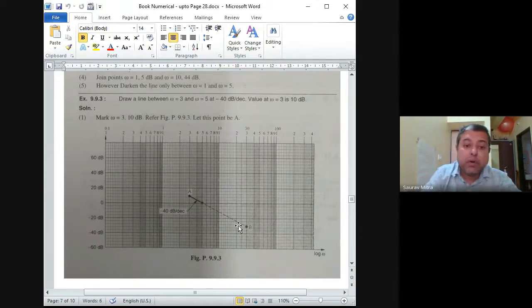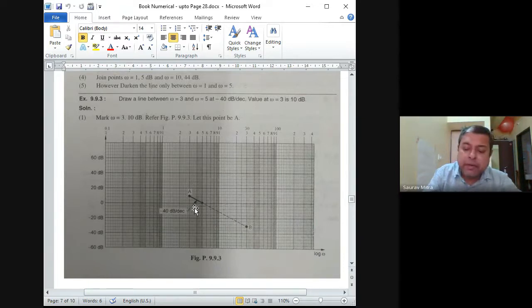But we won't have to come all the way up to 30, minus 30, because it is said to draw a line between 3 and 5. So we have to start at 3 and follow the slope, but stop at 5, because at 5 maybe something else is happening in the Bode plot. Here we are showing only one slope, but something else might be happening at 5. That's why we have to stop at 5. So this is the question. From 3, 10 we join the line hypothetically to 30, minus 30, and we stop